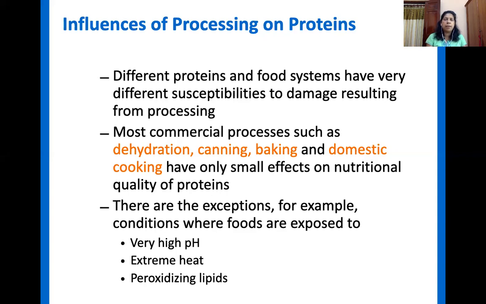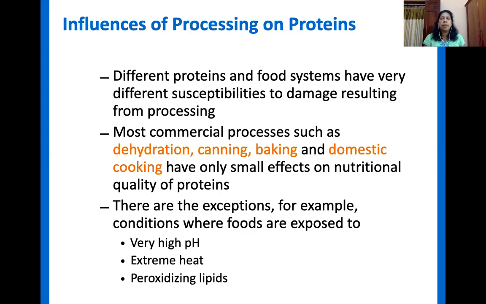Direct heat we can use for dehydration, as well as hot air. We can also do vacuum dehydration, because during vacuum dehydration we use low temperature, but we can still get all the moisture out, right? So in commercial processes, we can do vacuum dehydration, direct heat, and hot air for dehydration. And in the normal domestic situation we can use, what is that, sunlight, right?